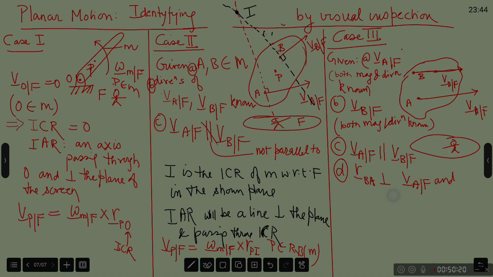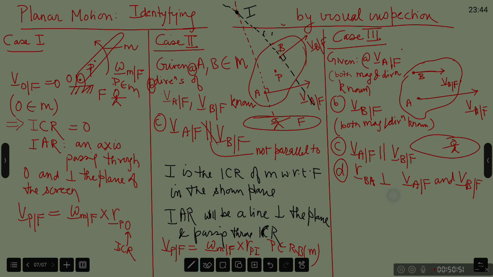So when RBA is perpendicular to VAF, it is also going to be perpendicular to VBF. So I'll modify this also so that I can show the next step within the scope of my screen. So this is the situation: VAF, VBF known, magnitude as well as direction, VAF parallel to VBF, RBA perpendicular to